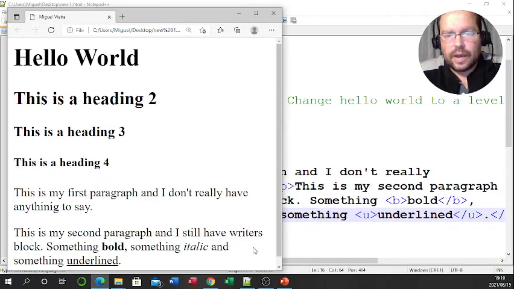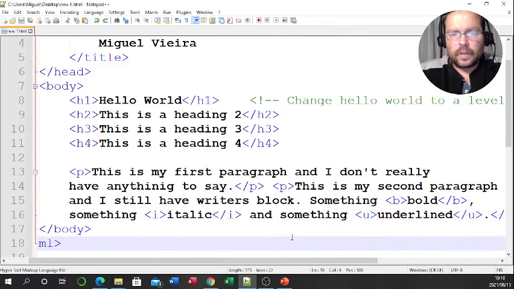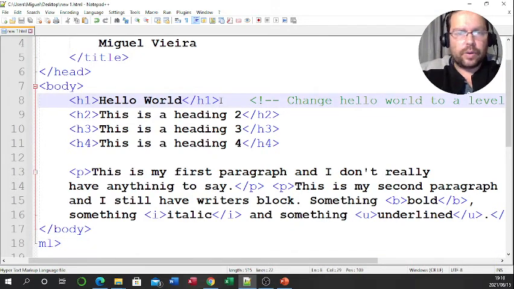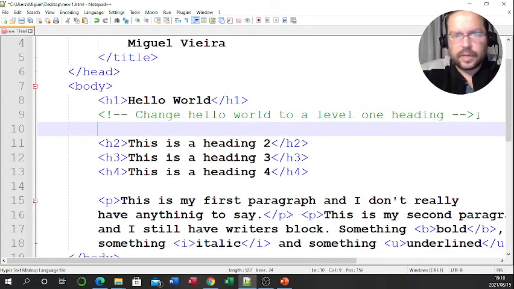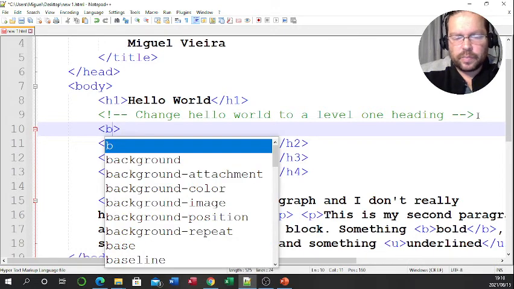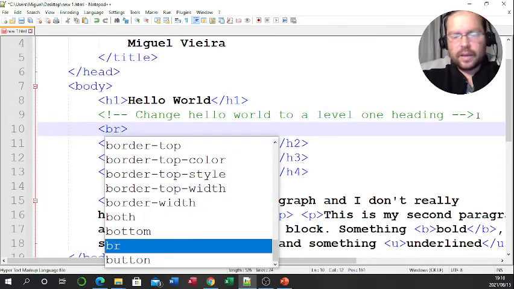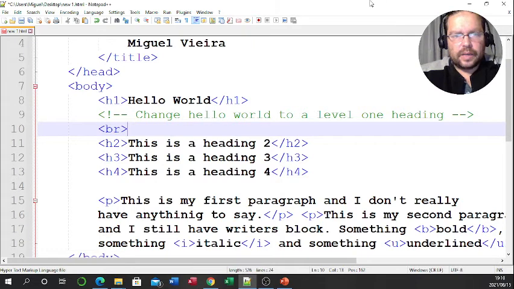Okay, so what we're going to do now, the last 2 tags, I want to create a line underneath the word hello world, and just push enter here. Alright, so remember, enter doesn't affect it. I just do that because it's easier for us to read. So creating a space or a line, like pushing enter in a Word document, I need to actually put a break. And you'll see now that once I'm done typing it, if I click on this tag,